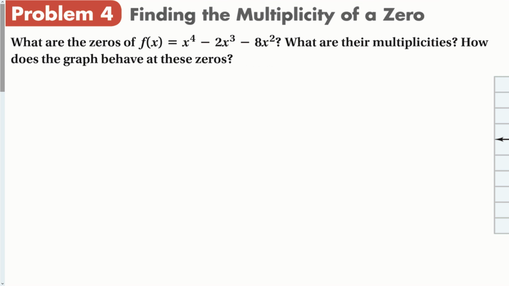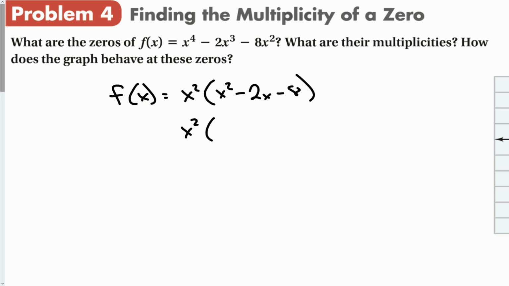Let's factor this first. Here's my polynomial. Let's factor it and find the multiplicities. Notice it has a common factor. So f of x, factor out the common factor, and we get x squared minus 2x minus 8. So x squared, and then the factors of 8 that subtract to 2: x minus 4, x plus 2. Which means that my zeros are, let's save this one,